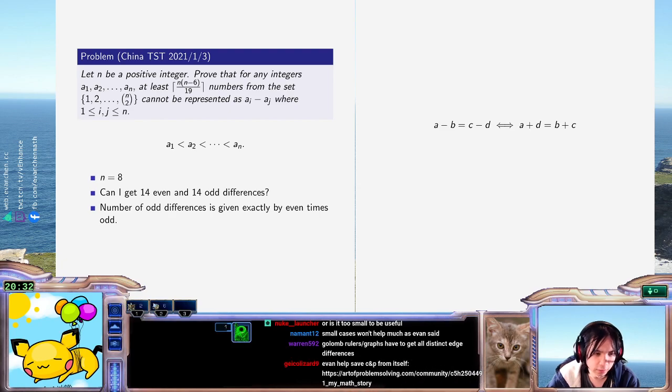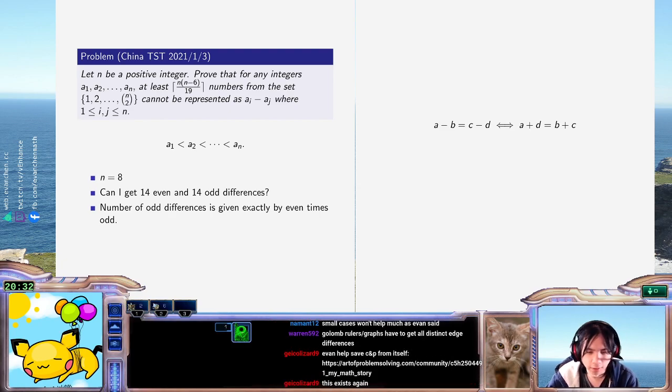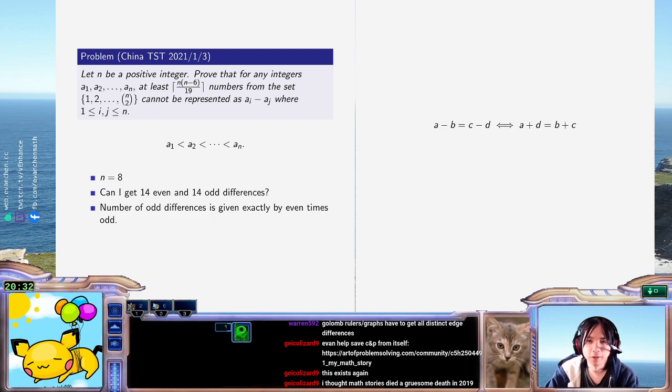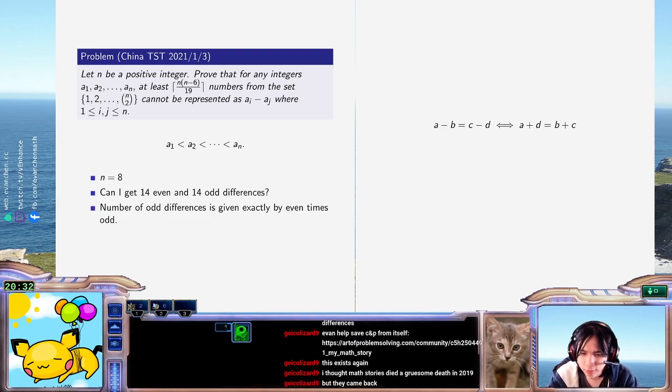But as I said, I'm convinced that small cases are not helpful for this problem. I think there is some solution, and that solution gets this bound, and that bound is not tight for any n. So small cases,